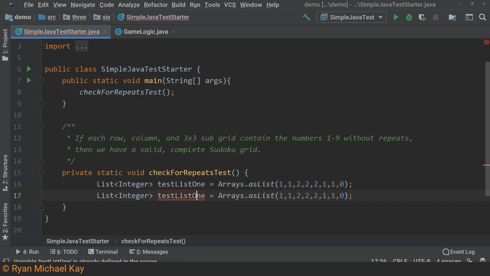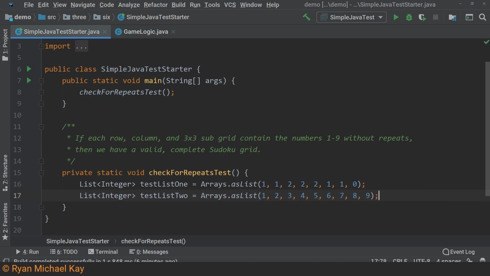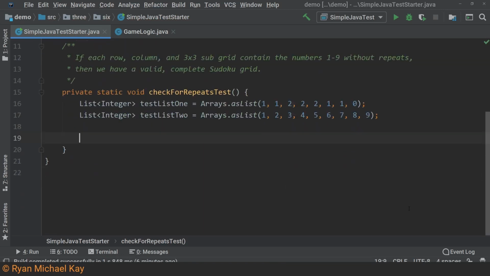I know I am working with arrays, but I also know from experience that the list class in Java has a handy method which can count the occurrences of a specific item in the list. Next, we want to be able to make some assertions. Since our concern here is whether or not a collection has repeats, a Boolean is clearly a safe and legible option. This may seem strange, but we are going to write our assertion statements before writing our method.